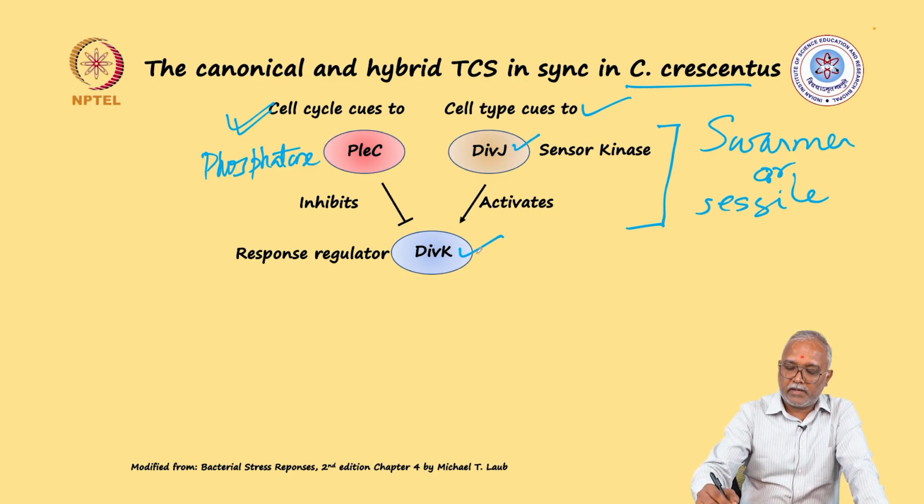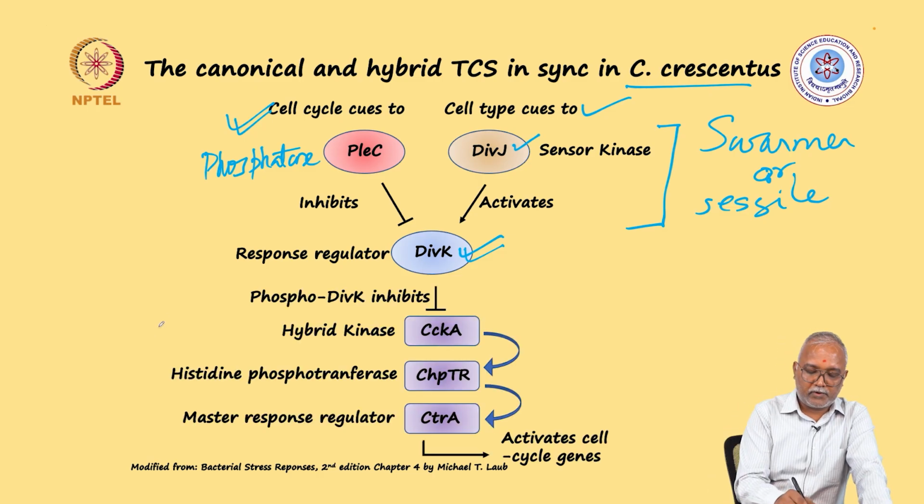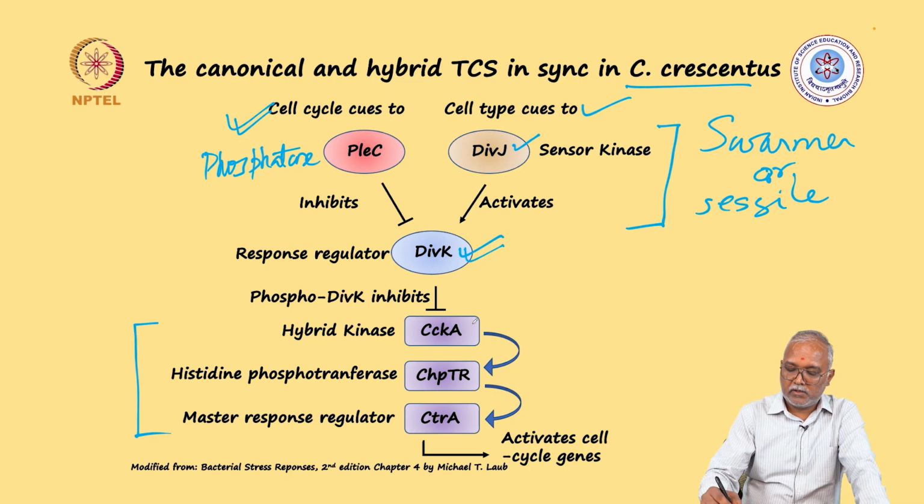One tells that okay, this molecule should be activated and identify itself to a particular cell type. Other system will work through and say that okay, you need to undergo cell division. So this is one two-component system working when it comes to responding to the division or free living form of the bacteria. So the other kinase or the two-component system which works here is working through the hybrid kinase CCKA